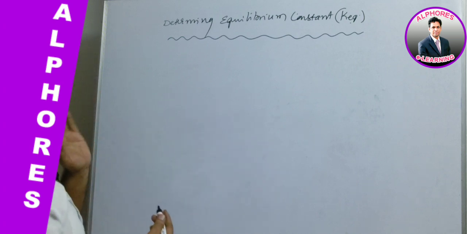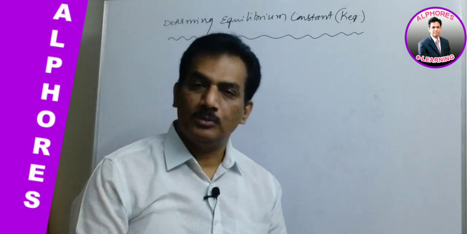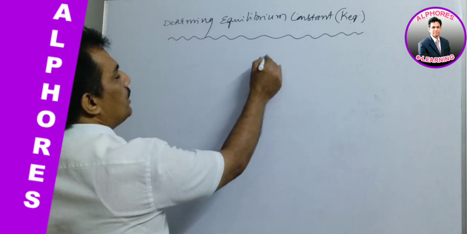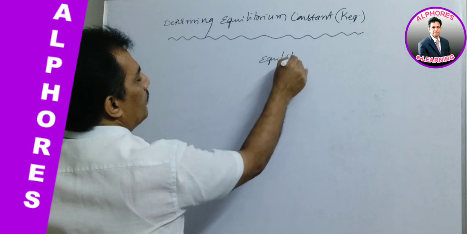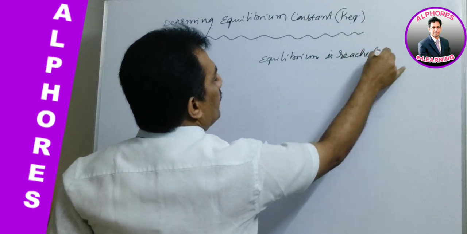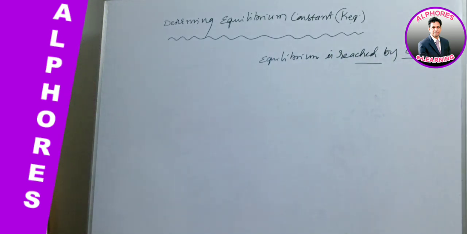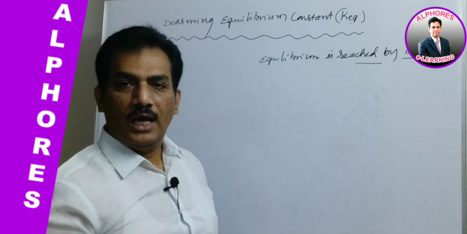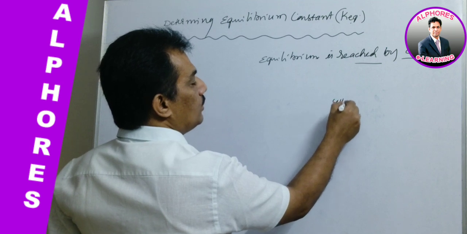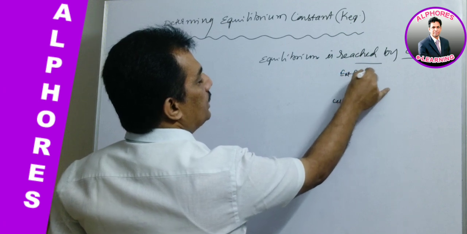And before entering into the derivation, first let us know some facts related to the equilibrium status of the cell, and when equilibrium is reached by the cell. And how is it possible to reach equilibrium? We already discussed this in previous sessions. It is when a cell is connected to an external EMF, then we observe three conditions.